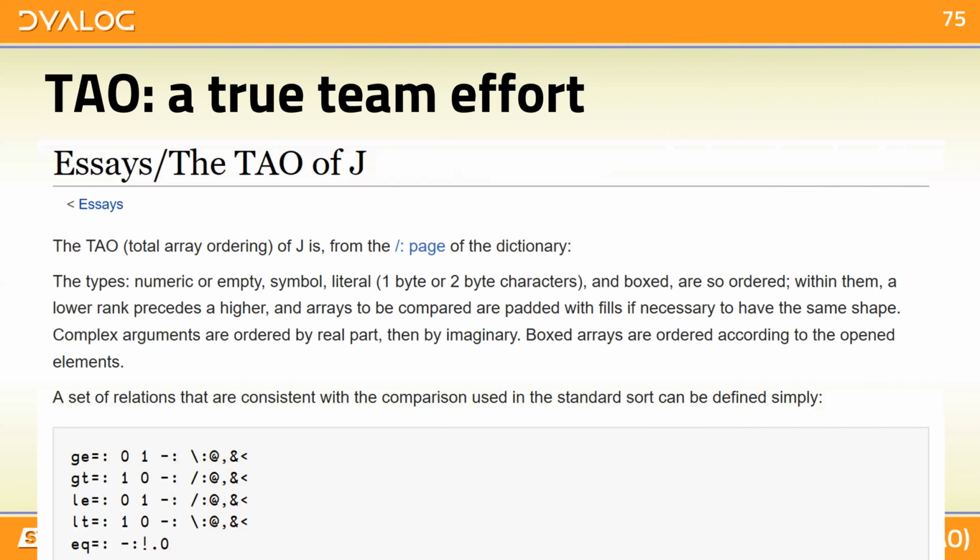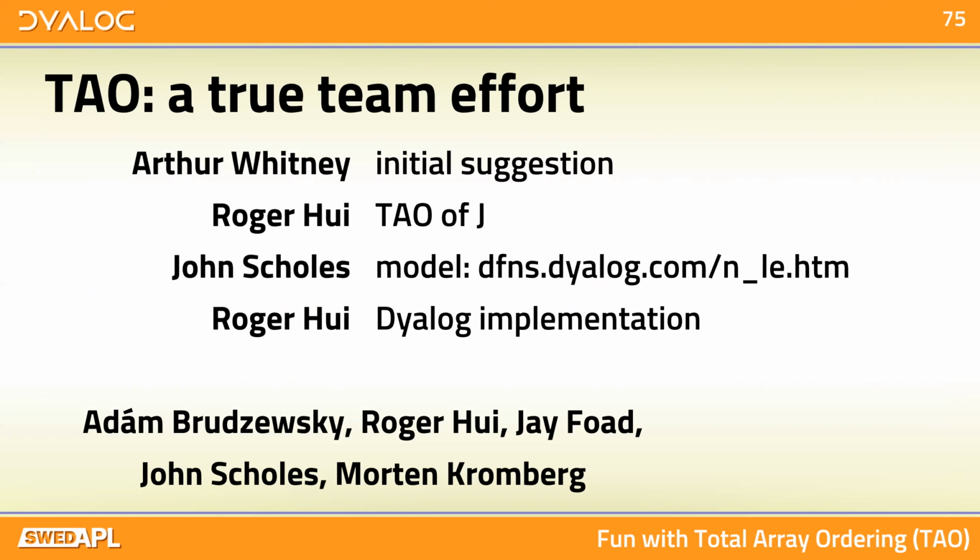We couldn't just adopt the total array ordering from J into APL because it very much depends on exactly how arrays work, and APL arrays are not the same as J arrays. So we had to come up with our own system. And there's the problem of J's ordering not being completely total either. And then much later, John Scholes wrote a model for this that you can still find in Dfns,